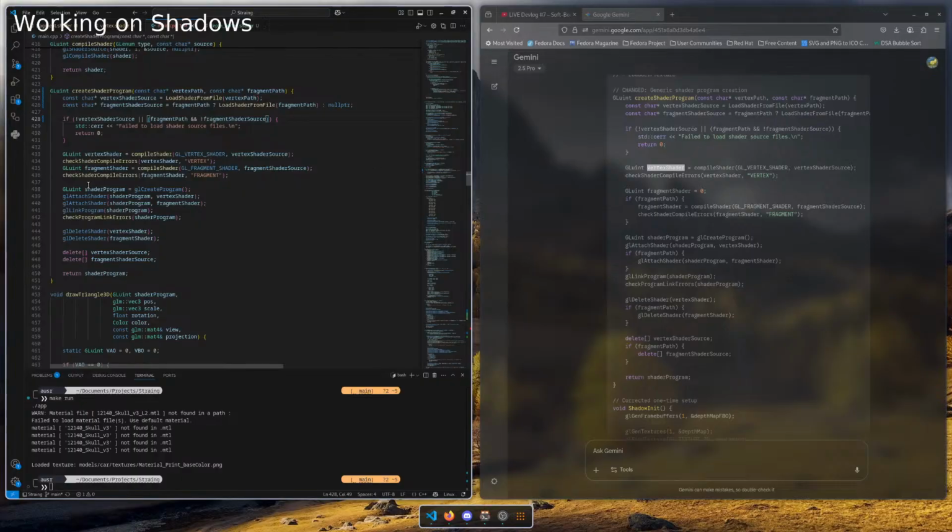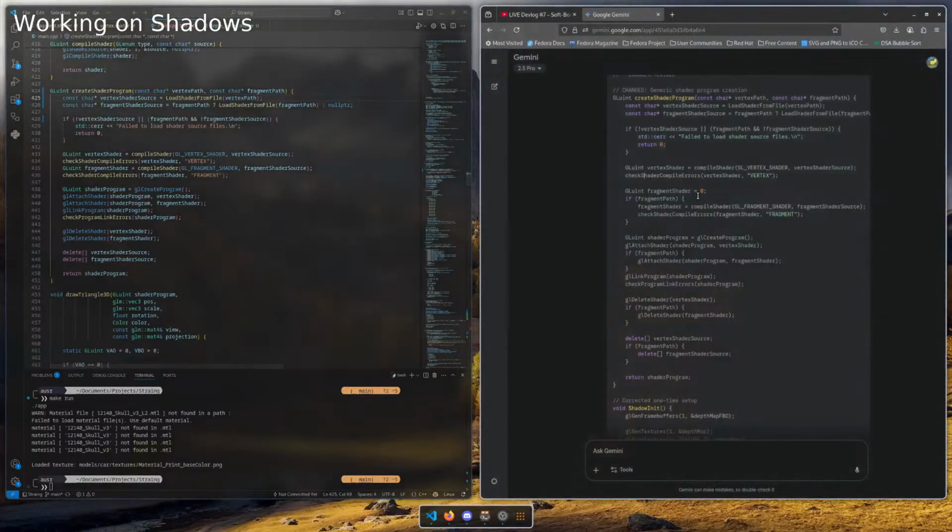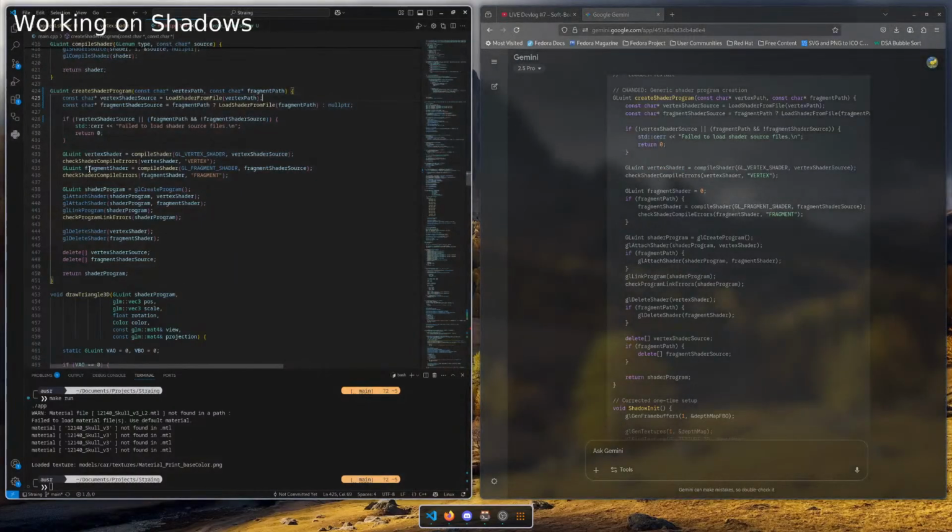Yeah, we did that, but I just compile shader. It's a vertex shader, and the vertex shader source is here as stated, and we check, yeah.